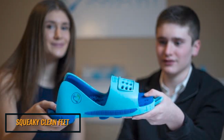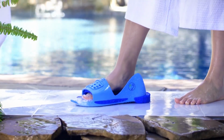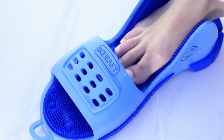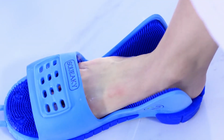Number 6. Squeaky Clean Feet. With this next gadget, say goodbye to unsightly dead skin and hello to squeaky clean pampered feet with the amazing Squeaky Clean Feet. The gentle yet firm scrubbing bristles will leave your feet feeling fresh and clean while also providing